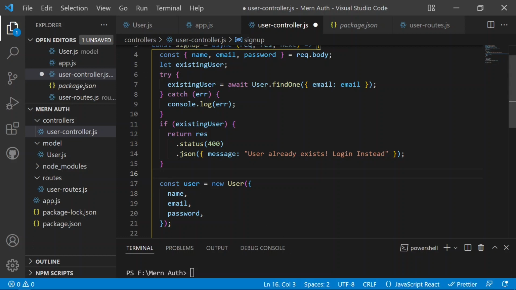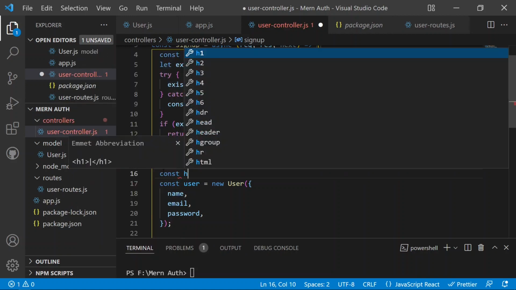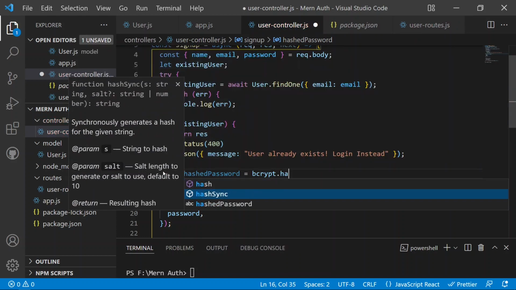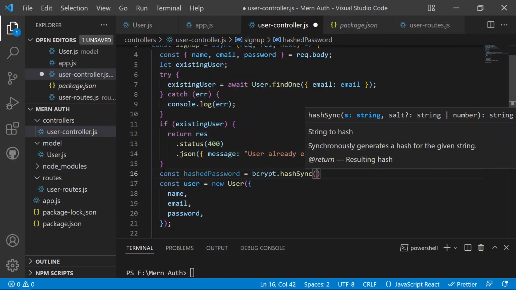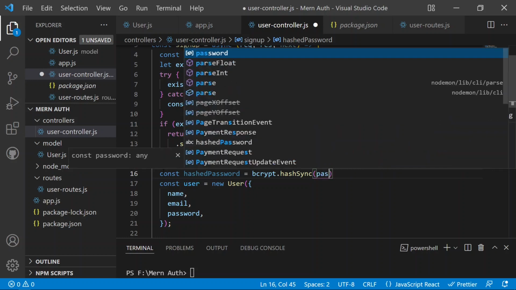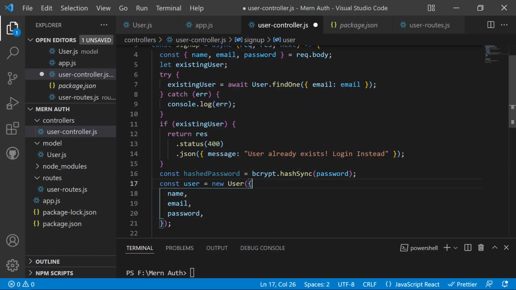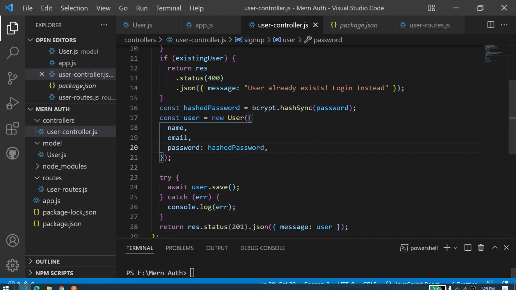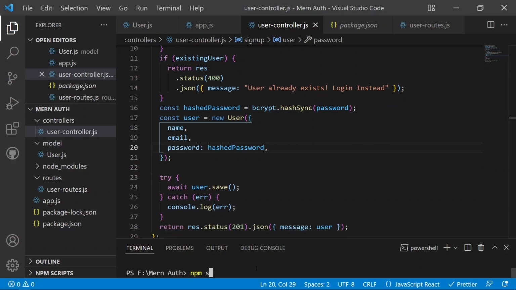Here after that we can store the password as the hashed password. So const hashedPassword equals the bcrypt which we have now imported, bcrypt.hashSync. So we have a function, hashSync, which is a synchronous way of hashing the password. So we can hash the password here, and then store the hashed password instead of the direct password which we are getting from the user. If I now save and restart the application by writing npm start,